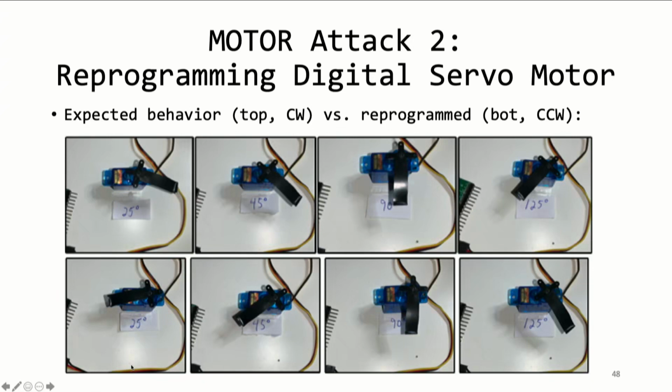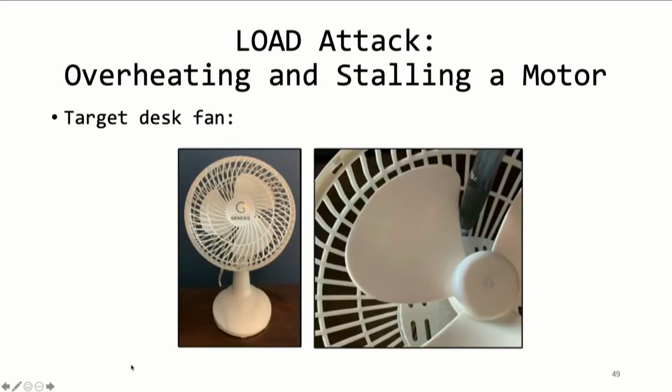angular movement for the digital servo is reflected. So if this was done to something like a 3D printer or a robot, basically the movements would appear backward to what an expected output would be. The controller might detect the calibration or detect an issue during calibration, shut down, or the system may fall back to a fail-safe state. And for our last layer, the load layer, these attacks are almost always physical, and the